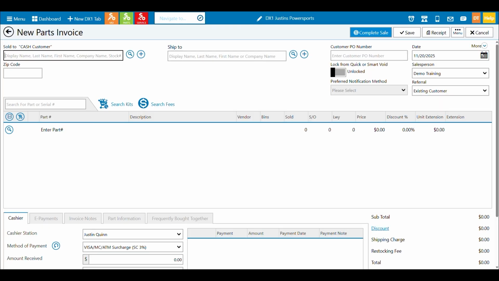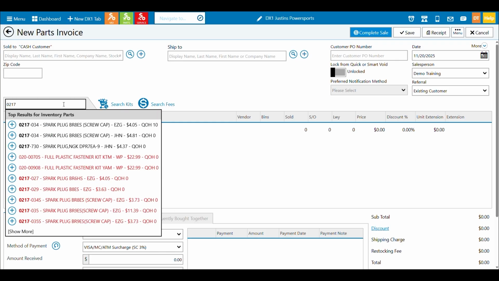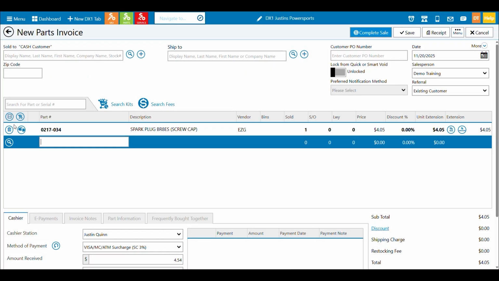All right. So the first thing we need to do is look for a part to put into stock. And there's a number of different ways we can do that. We've already talked about the part search a number of times. So the first way is to look up by part number or a description using the all field search. Again, this is letting me see a list of parts as I'm typing a part number in. I can see here I have my spark plug, my BR8ES from EasyGo. That's my vendor. I can see my price and then the quantity I have on hand. To add that to an invoice, I just hit plus.